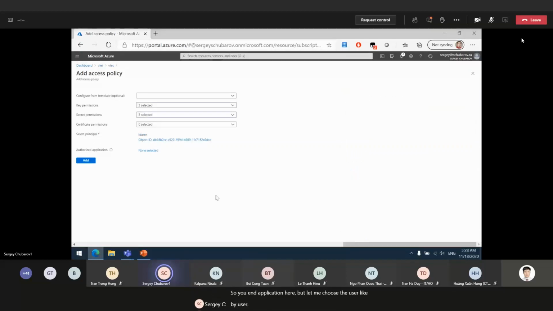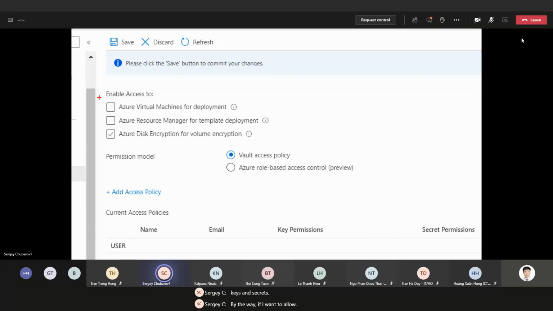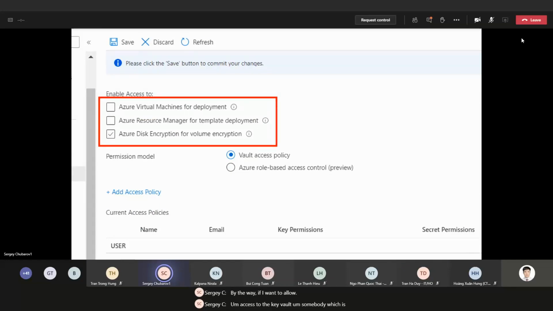Click select, and now if I click add, BI user will have permissions to manage keys, and not the manage, but create and list and open keys and secrets. By the way, if I want to allow access to Key Vault, somebody which doesn't have